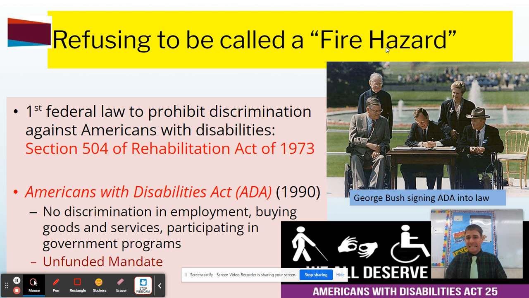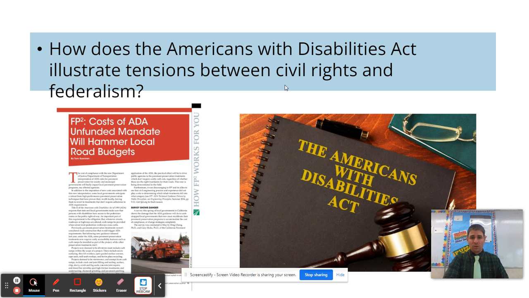ADA was an unfunded mandate. That is a mandate. They have to do it. And the government did not provide any financial help to support that. But all public facilities, schools, libraries, the DMV, police stations, they have to allow access for those that are disabled. ADA also, though, with regards to employment, you cannot be discriminated against because you're in a wheelchair. They still have to consider you as a viable candidate. And then the workplace also has to, in public facilities, provide you access to adequately do your job.